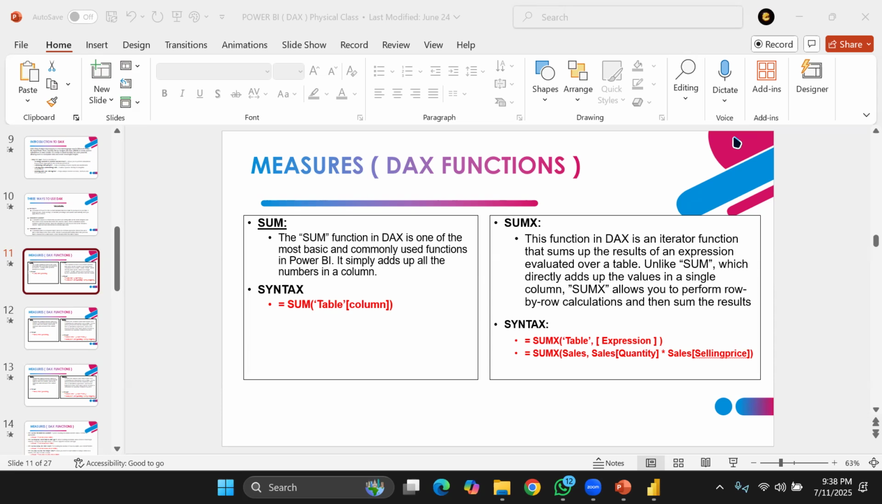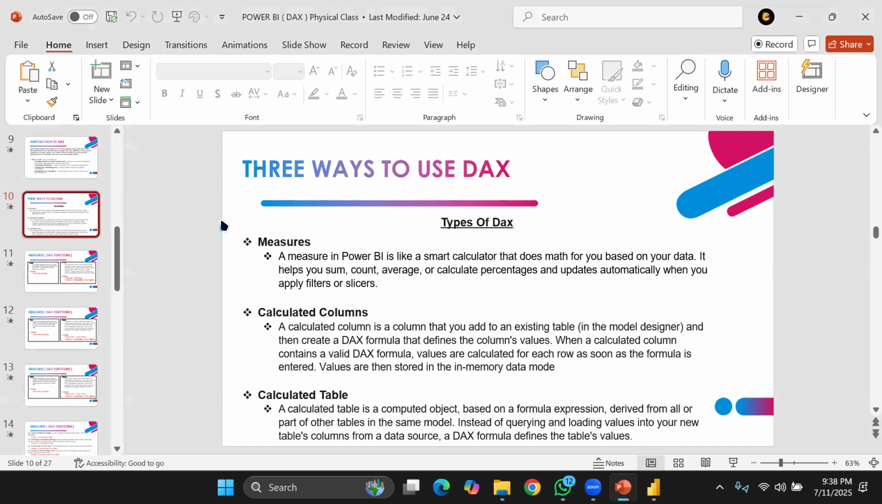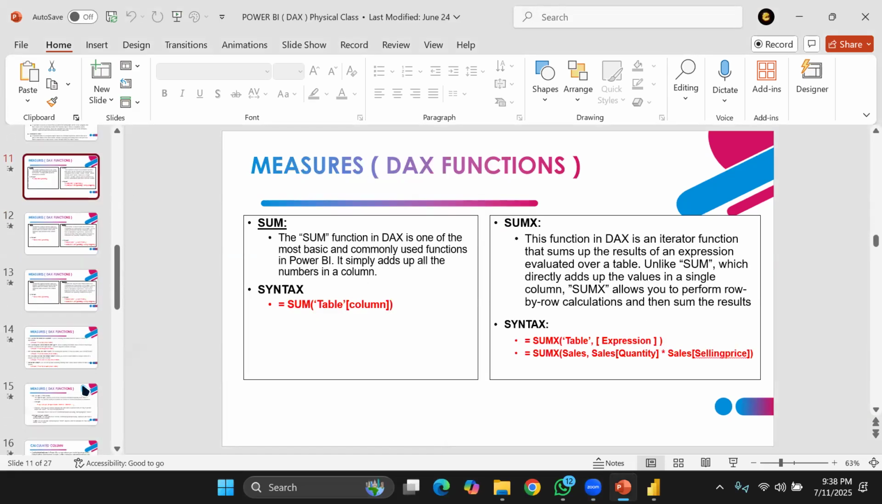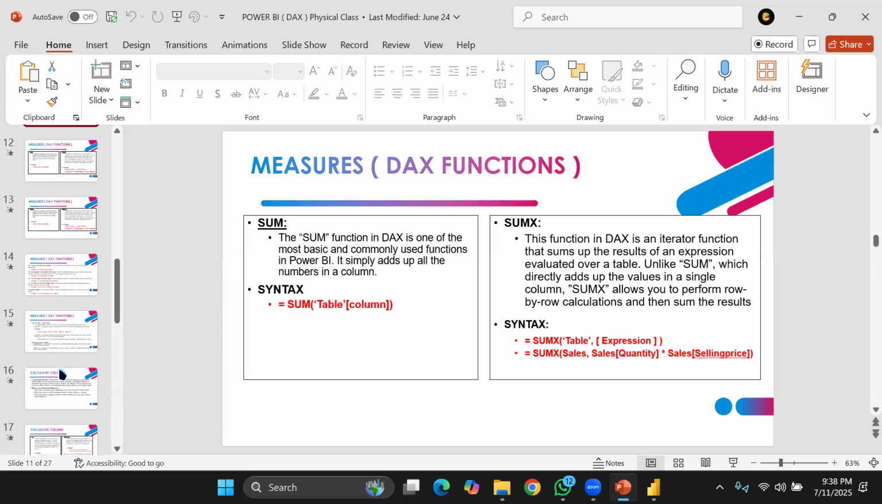Remember, I said card. Measures help you with sum, count, average, calculating percentage, and updating. You can't have them on your table. They are not visible on your table. They are only visible to you in your data model. That is how measures are. Now, if you come to the calculated column,